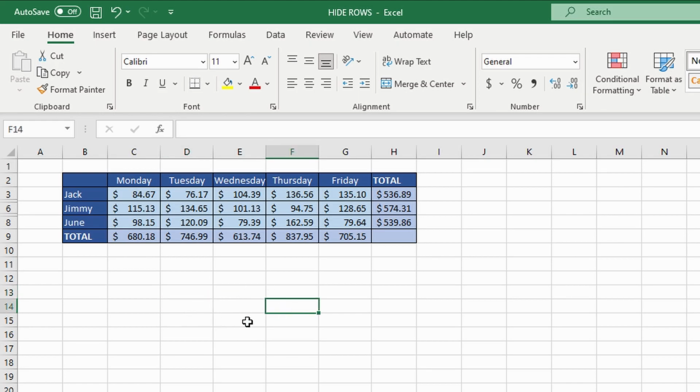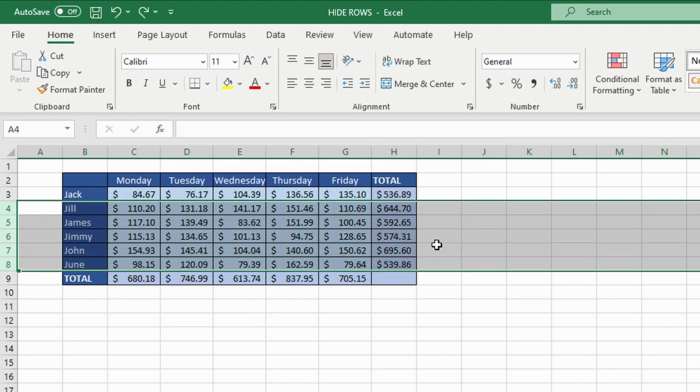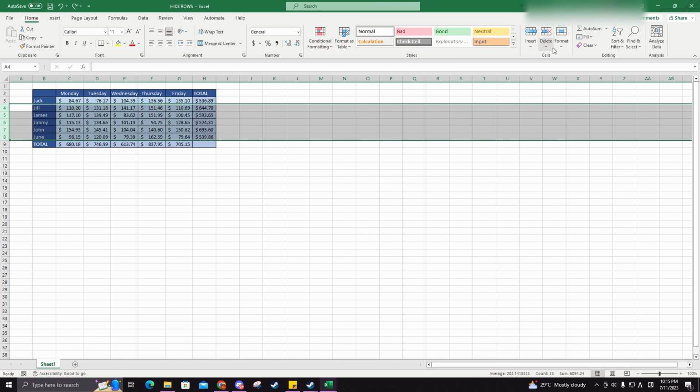Okay, now that that's clear, let's go ahead and undo our action. Let's go ahead and try the second option. Let's select a number of rows again. All we have to do this time is go to the Home tab and go straight to the Cells group